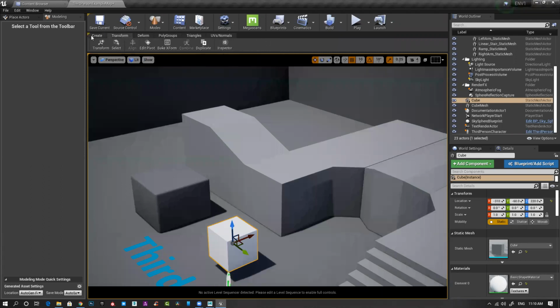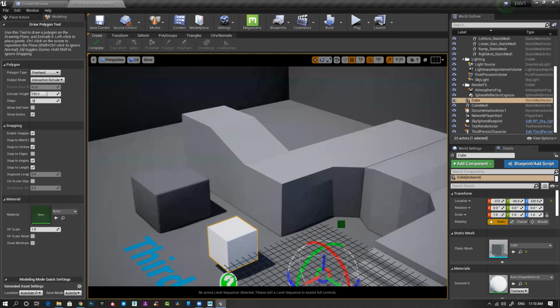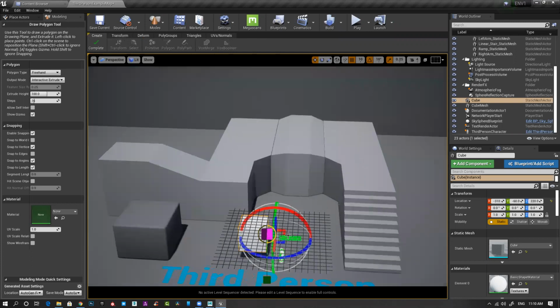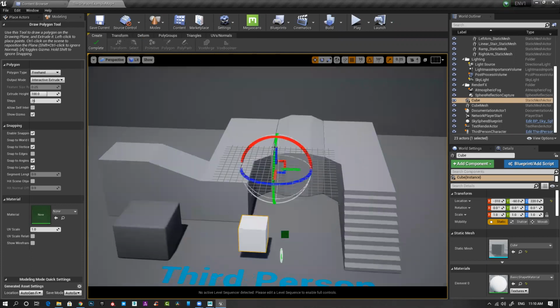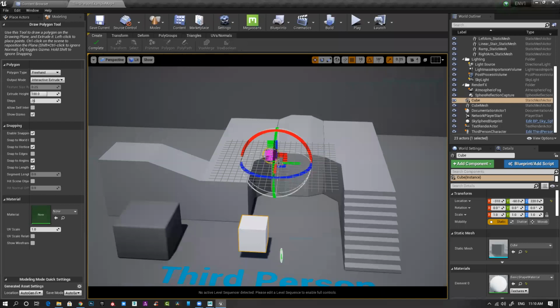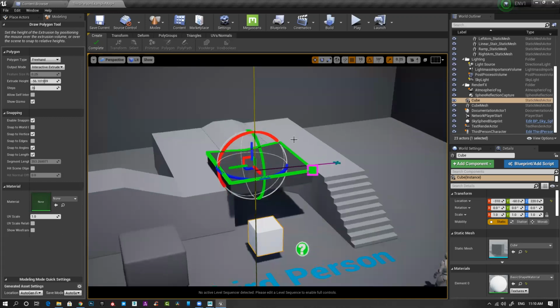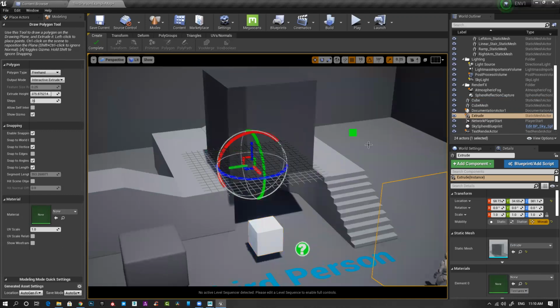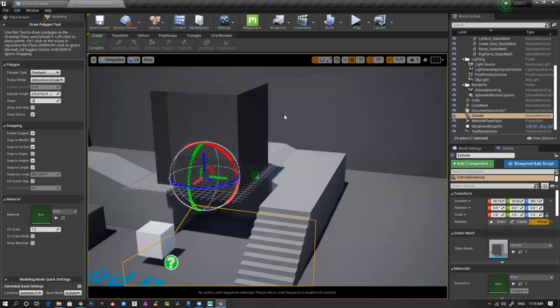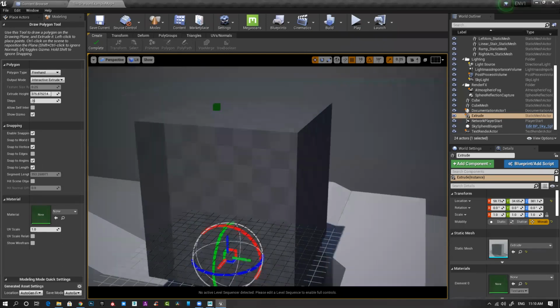And if you want, you can remesh also. Polygon: if you create this, it basically creates a polygon here. So you can create polygons like this, simply by drawing. And you can see it's perfectly unwrapped.